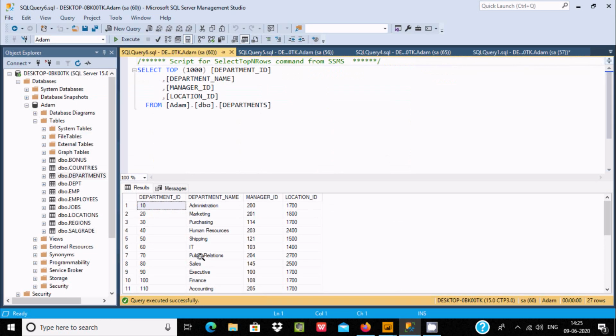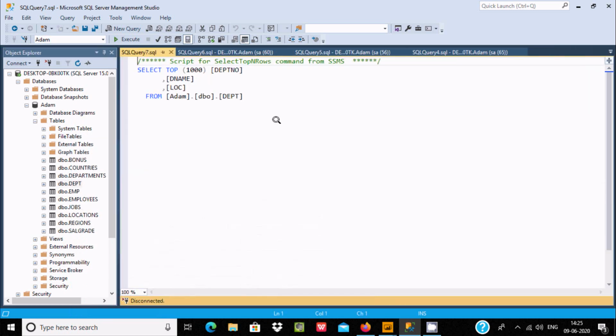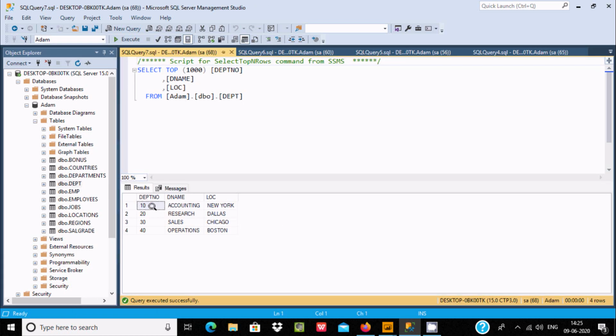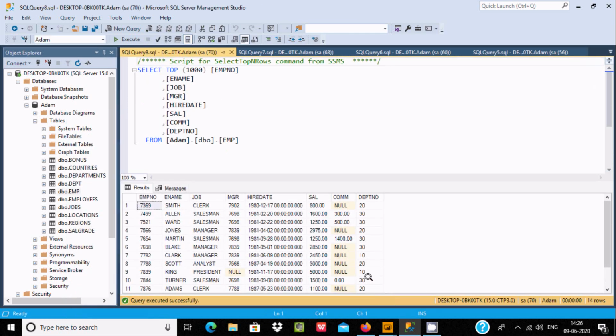But if I go to DPT, select top 1000, it has values 10, 20, 30, 40, but in EMP there are only 10, 10, 20, 30, no 40. So when you apply inner join, inner join only returns matching values.